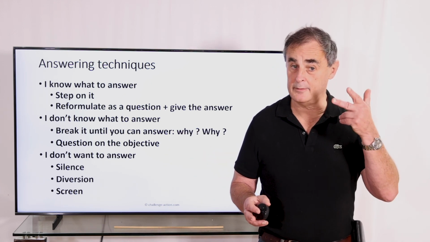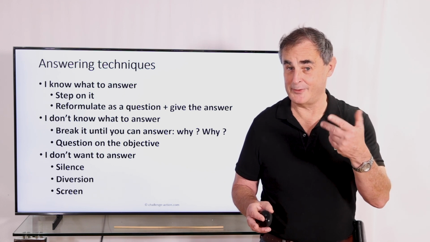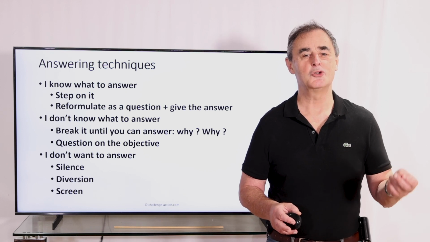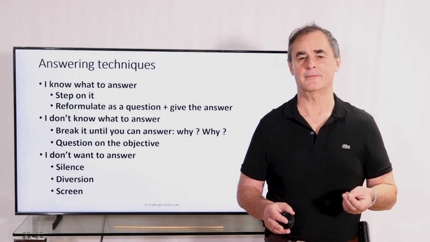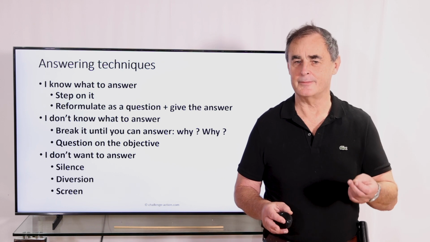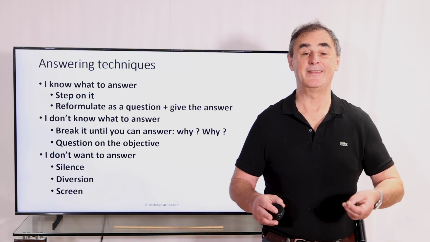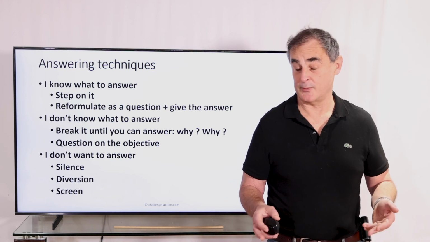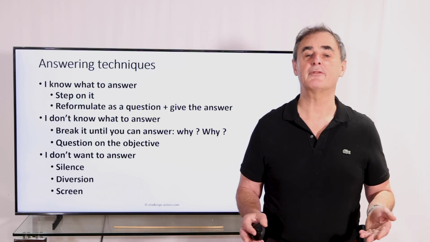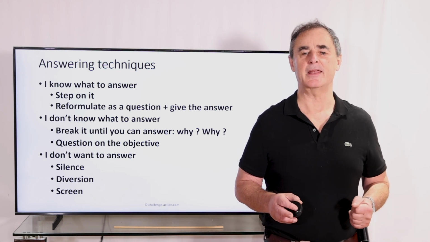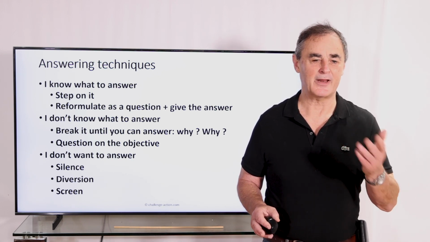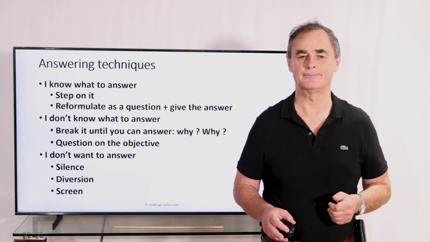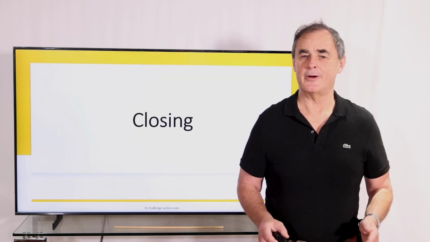So you will always be in front of these three possibilities. You don't need to know and use all the techniques, but you should have at least one for each case, and you should train on it. Obviously, the best solution is to have the answers. That's the first one. So you should make a list, that's what I do in companies, of the objections you have in the company and the best answer that you may have. Then you should know it perfectly well, and the techniques for the case you wouldn't have the answer. Anyway, we stop here and we'll see the closing.